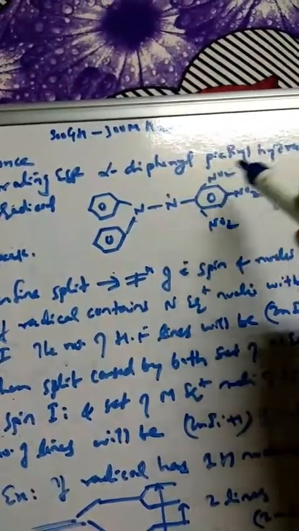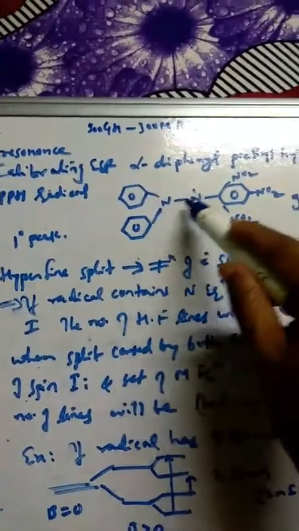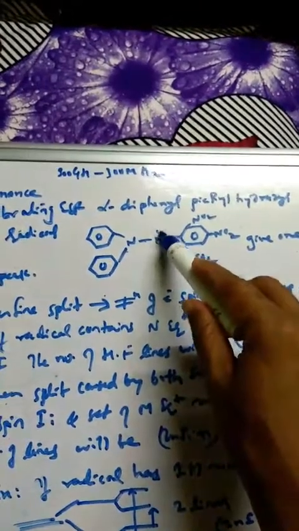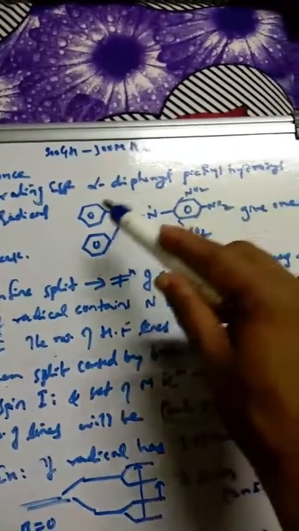This is the picric acid, you know, 2,4,6-trinitrophenol, so picryl hydrazine. In the hydrazine, the OH group has been substituted by the picryl, with N here like this. This is a radical here. This is what we take as a standard, DPPH, and it gives a very sharp single peak.